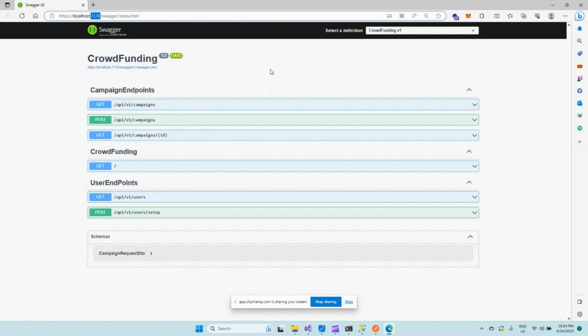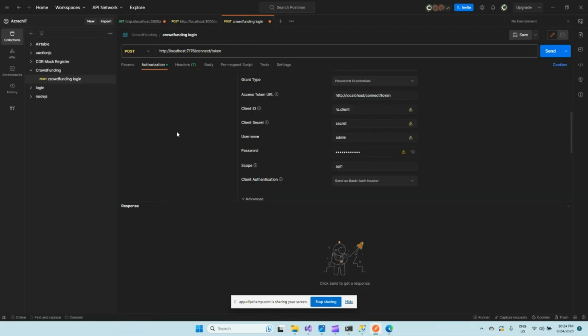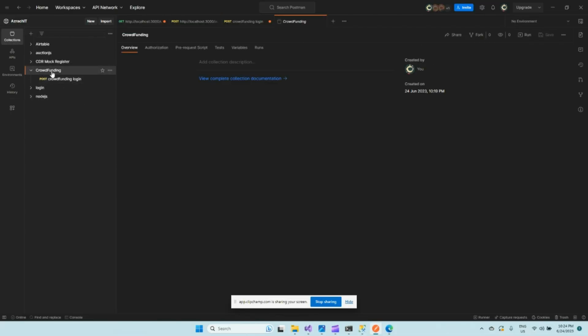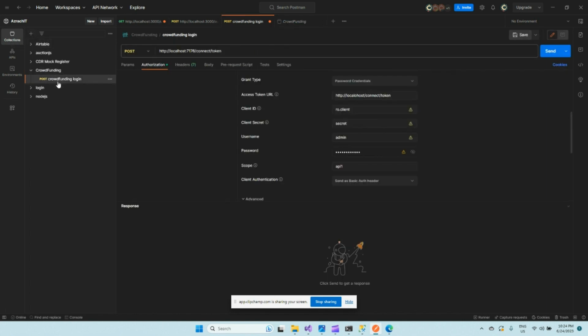You can't find the login endpoint in Swagger because this is a third-party application. So we'll need to go to Postman. In Postman, you can create a new collection. Just right click here and click new. Just create a new collection,